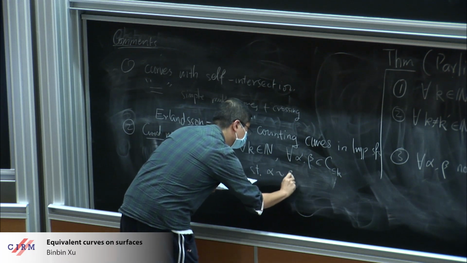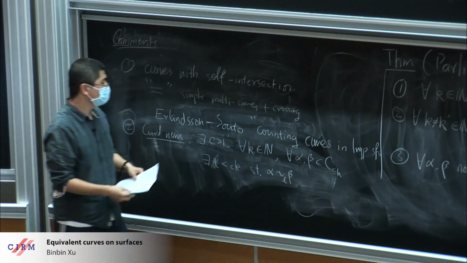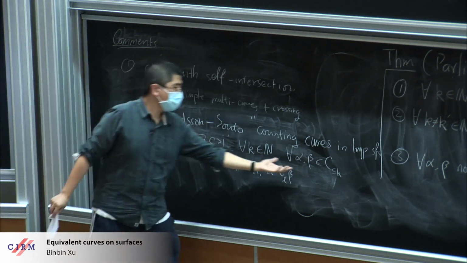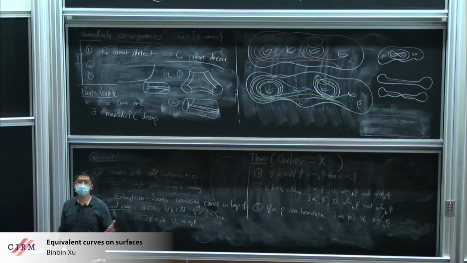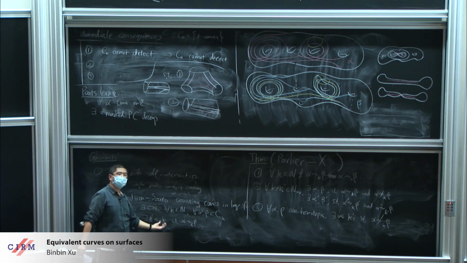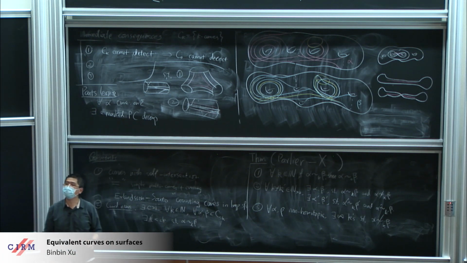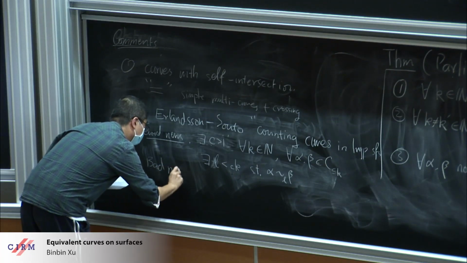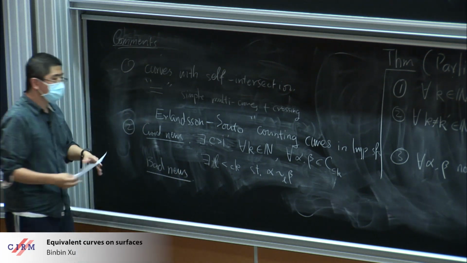such that alpha and beta are not L equivalent. So if you know alpha and beta have intersection at most k, then you don't need to test L equivalence for all L going to infinity. You only need to let L go up to some multiple of k, and that's enough to tell alpha and beta apart from each other. So this is the good news. But the bad news is,